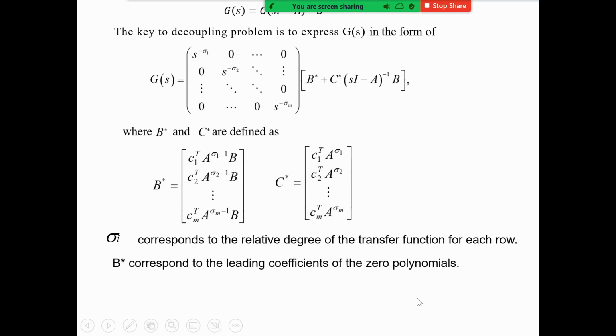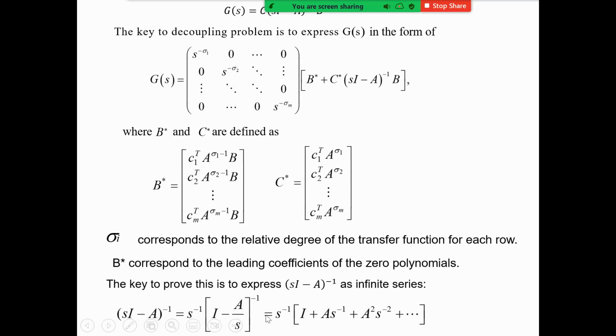B star corresponds to the leading coefficients of those zero polynomials. So how do we prove that? It depends upon the way we express this transfer function. The inverse of this matrix can be expressed as an infinite series, like a Taylor series. Okay, once we know this B star,